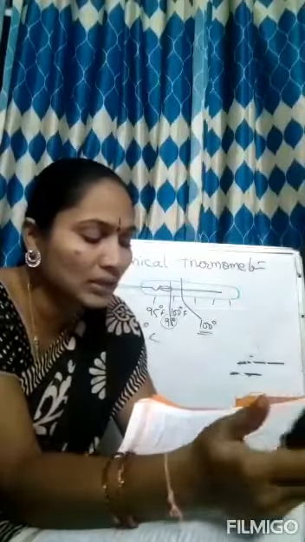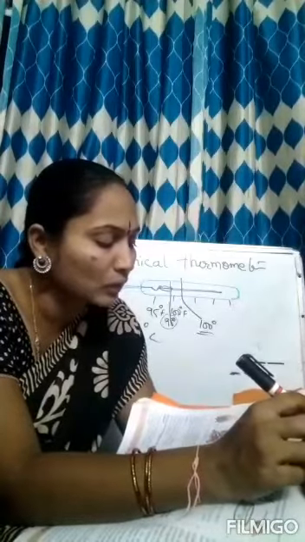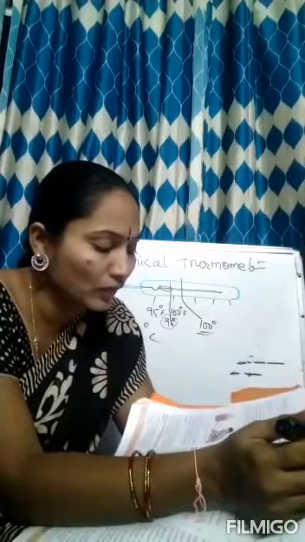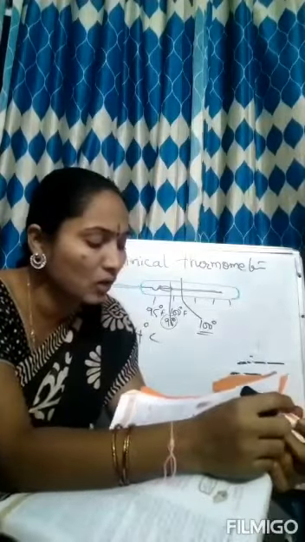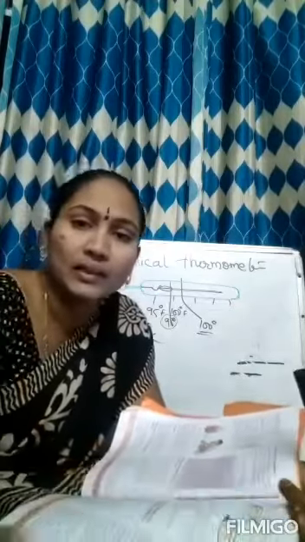Next, coming to the digital thermometer. There is a lot of concern over the use of mercury in thermometers. Mercury is a toxic substance and it's very difficult to dispose of if the thermometer breaks. These days, digital thermometers are also available which do not use mercury. So nowadays, mostly they are using the digital thermometer. Now this is the digital thermometer. That means you can see digits in this small given box. So in this digital thermometer, mercury is not present. Only the digits are available.